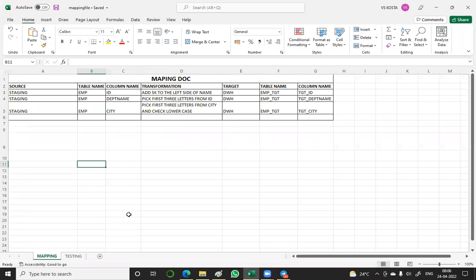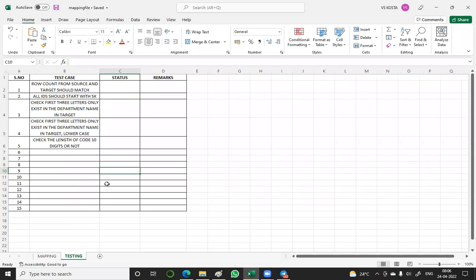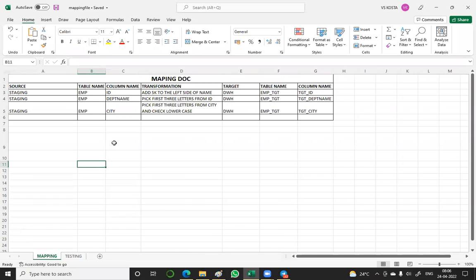Today, firstly, we will see a mapping doc, and we will see how to write a test case based on these two documents. We will run a query against each and every case already written in the mapping document. So generally, this mapping doc will have